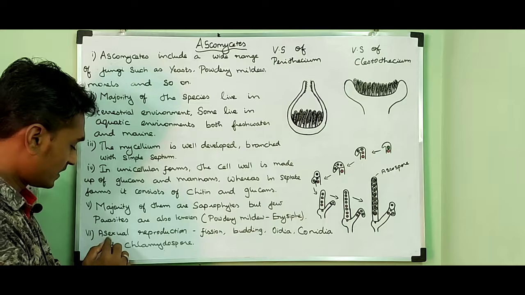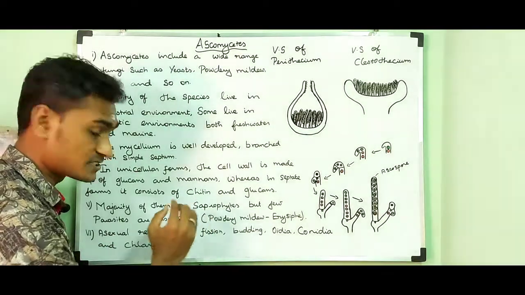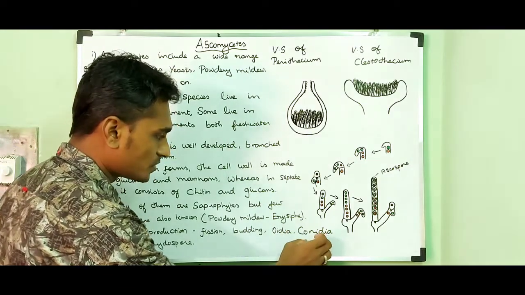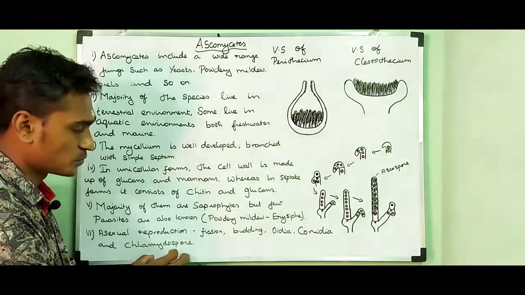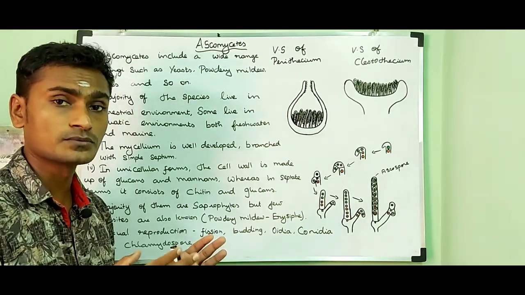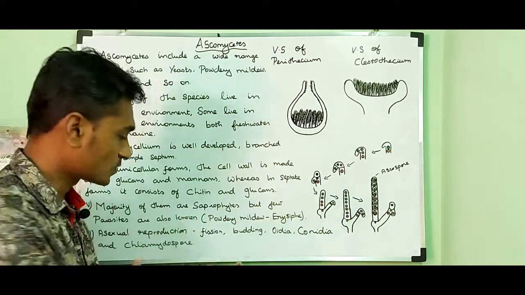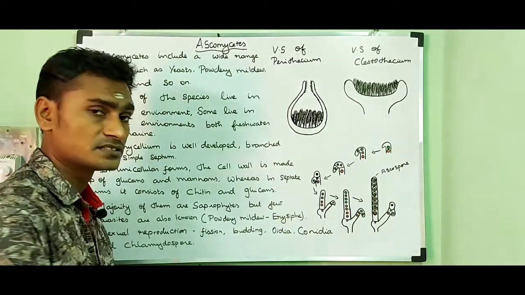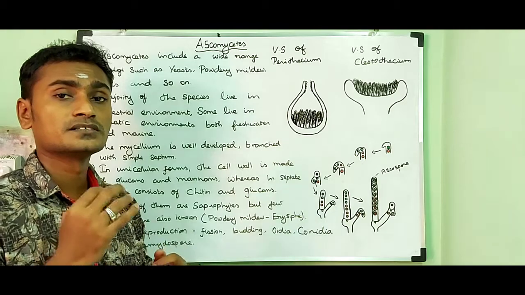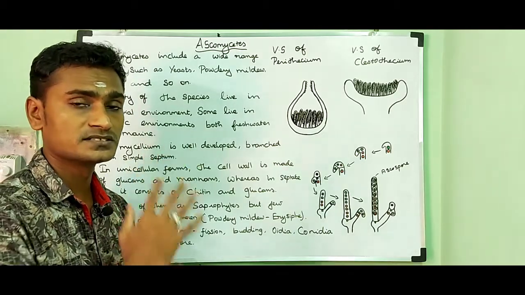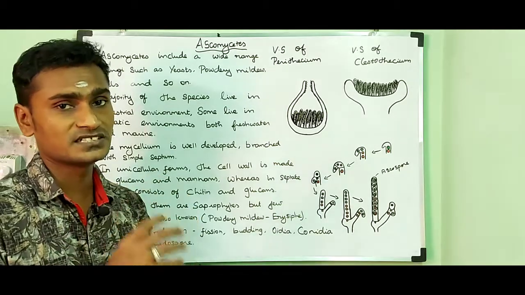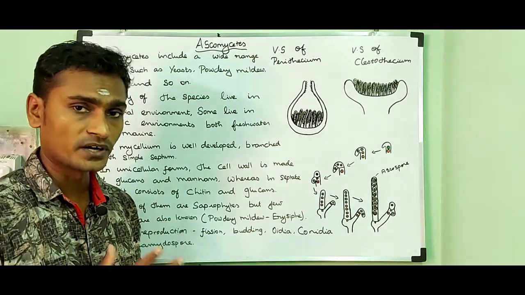The sixth point, asexual reproduction takes place by fission, budding, oidia, conidia and chlamydospores. Fission means a single cell can divide into two equal daughter cells, and that condition is called fission. Budding means a small portion of the cell wall bulges out and the daughter nucleus migrates into that bulge. Then the bud pinches off by the process of constriction and develops into a new fungus,